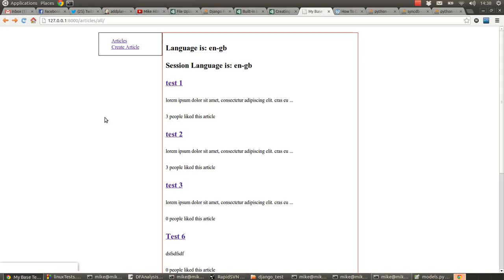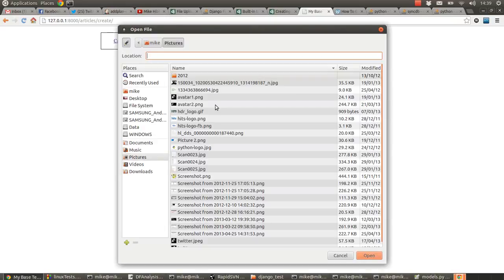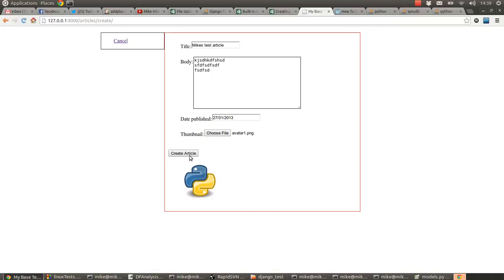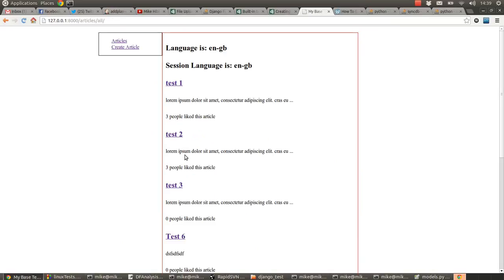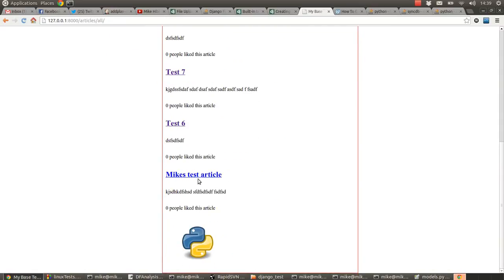So, just test the server's on, yeah, and I'm going to create an article. I'm going to say Mike's test article blah blah blah, date. I'll just take the auto suggested version, don't really care. And then I'm going to take this avatar, and then I'm just going to click create. Okay, that appears to have worked. So there's our new article at the bottom,